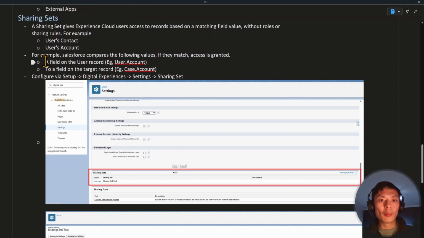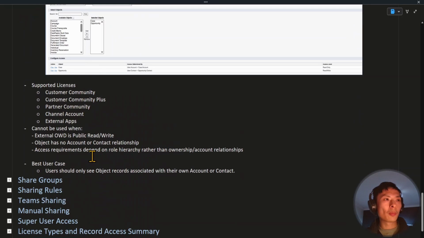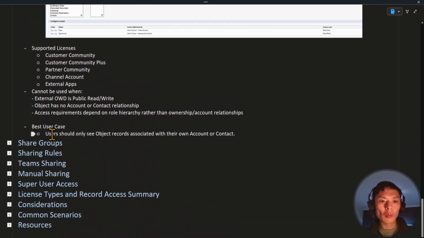So, for example, the user belongs to an account called company ABC. The case record also belongs to this account, company ABC. And since the account value matches on the user and the case record, Salesforce grants access. So the use case for this is very simple. If you have requirements where users should only see records associated with their own account or contact, then sharing set